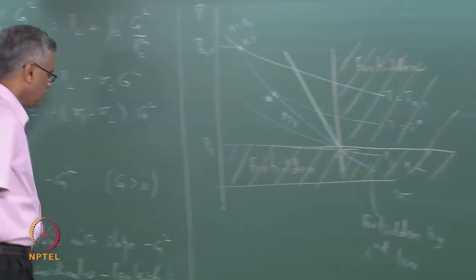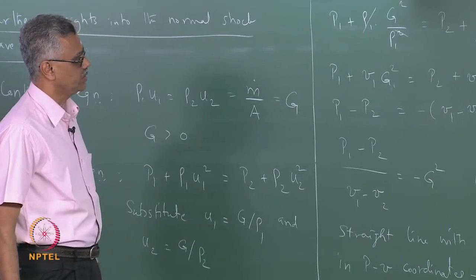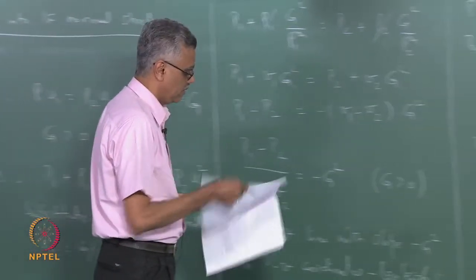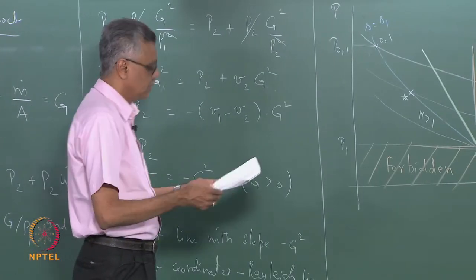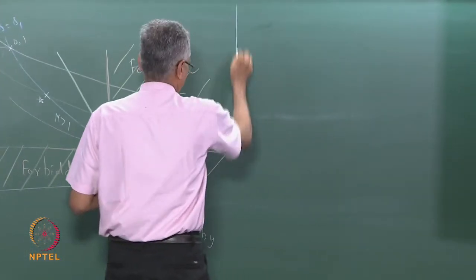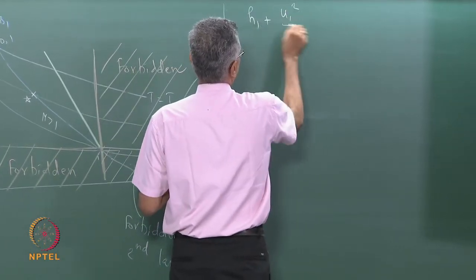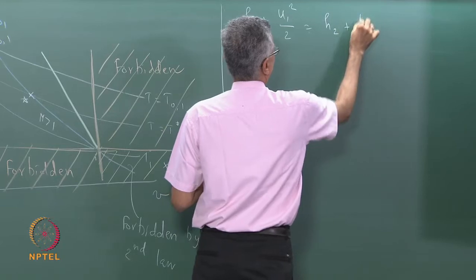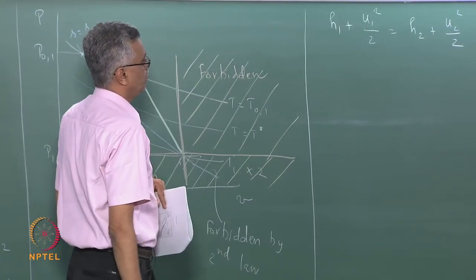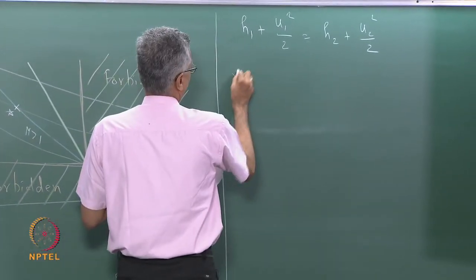Now we go to the energy equation. We have made use of the momentum equation. We next go to the energy equation to see what we can do with it and to locate state 2. So the energy equation, if you remember, was H1 plus... so we substitute for U1 and U2 in the same way as before, and we end up with